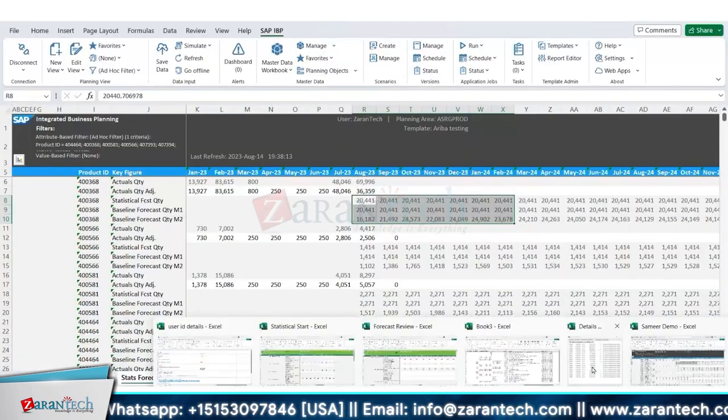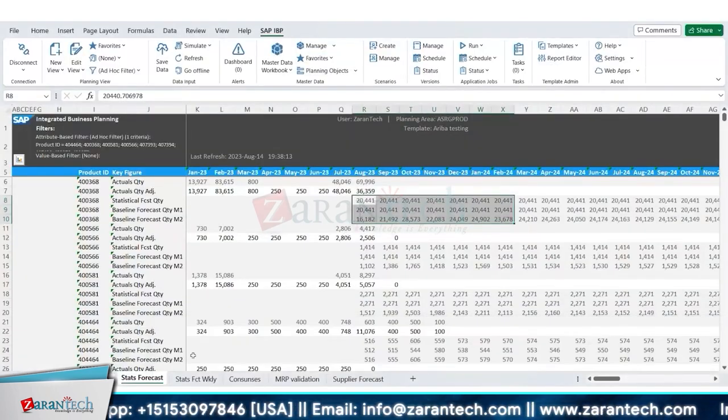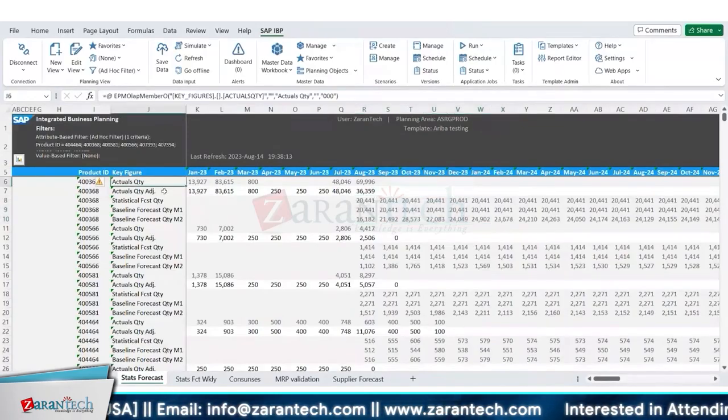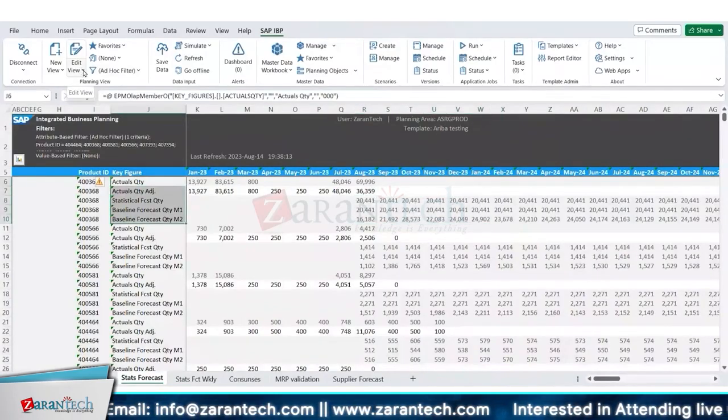So first you go to the Excel user interface because we have to design a report which will be executed for the part of statistical forecasting. Okay. So if you have a ready-made report, you can go to edit view, or if you have to create a new report, you have to go to new view. So I think for part of this training, since last couple of weeks, they have some reports already ready in